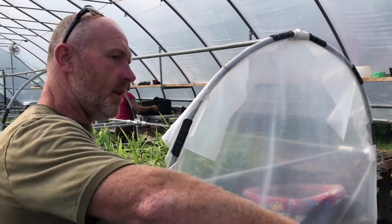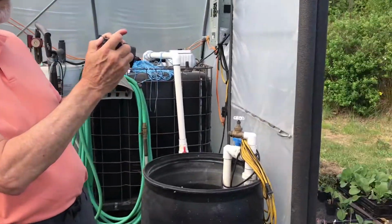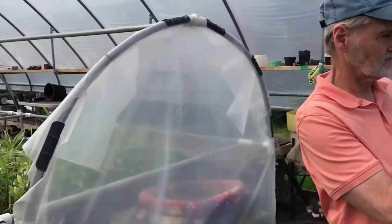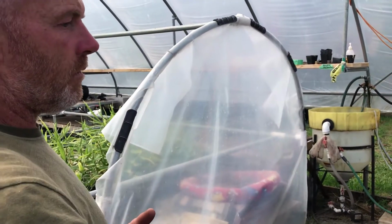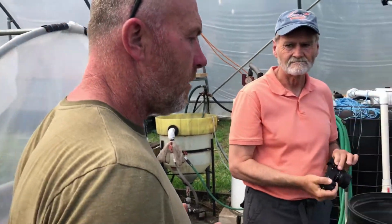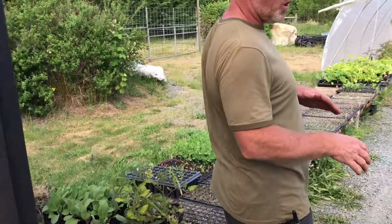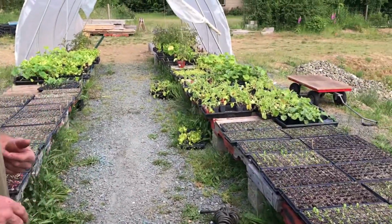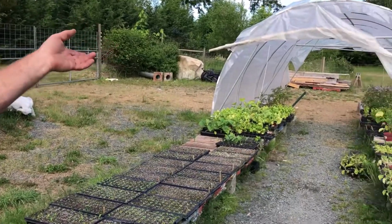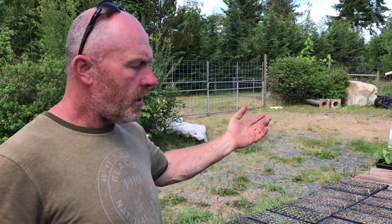So we need to start taking things outside, and they go outside on these pallets, and this is the hardening off stage. So they'll go out there either on a cloudy day, or they'll get wheeled out for a few hours and brought back in again, so they don't get a sunburn and die. They need to build up the UV coating on their leaves so that they don't get sunburned like I do all the time. And then the other thing we came up with was, instead of moving all the plants all the time, we